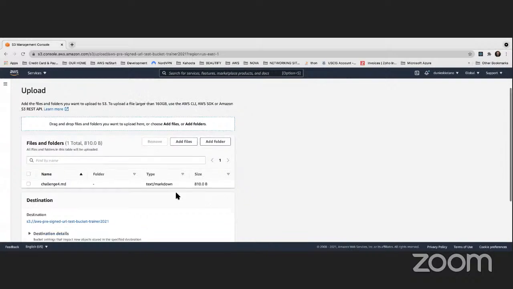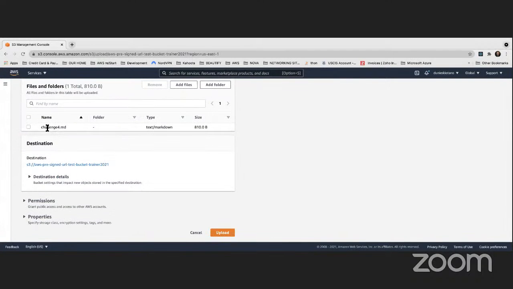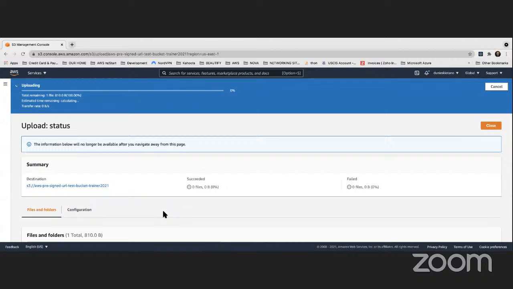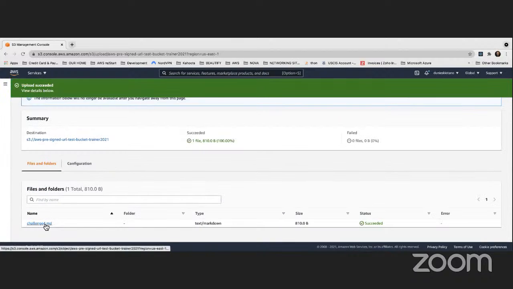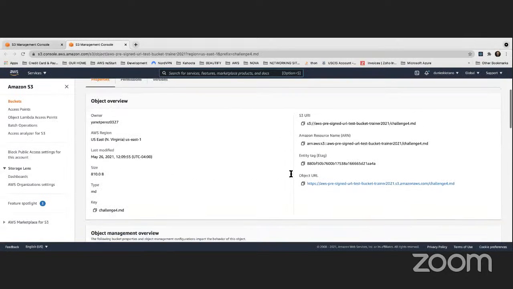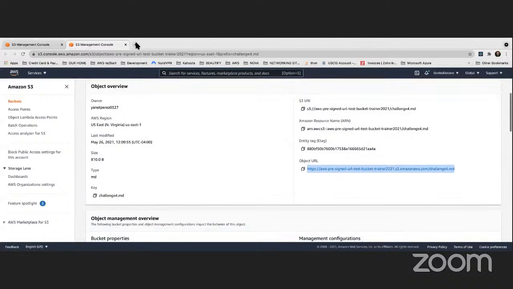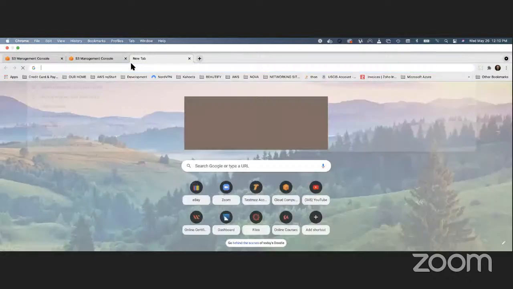I want to download this one, so I'll upload it here. Upload the file. Now the object is uploaded here. So if I share this with you, if I just paste it here, I get an access denied